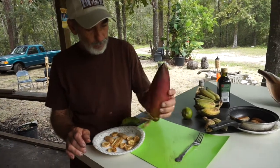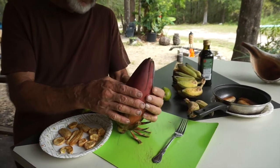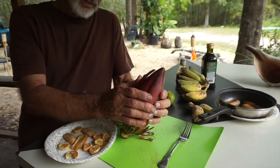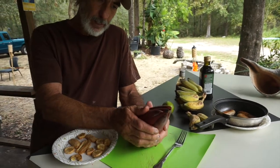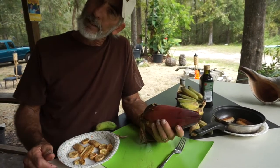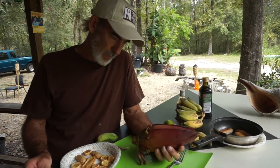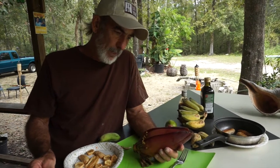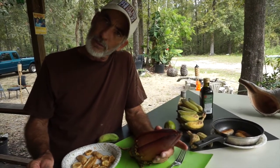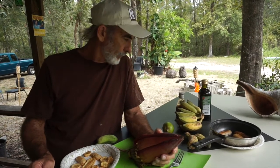The flower that was on the banana, so what do we do with that? In Asian countries, it's a very popular dish. I had a Cambodian neighbor that always begged me for the flowers off my banana trees when I lived in the Murray Hill area of Jacksonville. I've only cooked them a few times. I am going to try to use this one in a Thai salad that I found on Google,